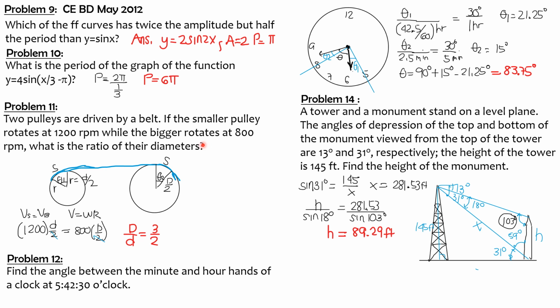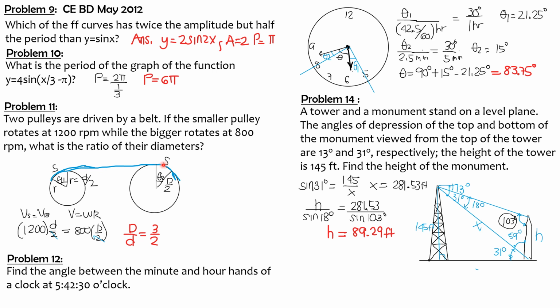So for the two pulleys of different diameters, their tangential velocity should be the same so that there will be continuous motion. So that length is equal to that length, or the tangential linear velocity should be the same. It's only the angular velocity that should not be the same. This should be smaller theta, that would be bigger theta in order for the two to be equal. So that if that is S, that is also S.